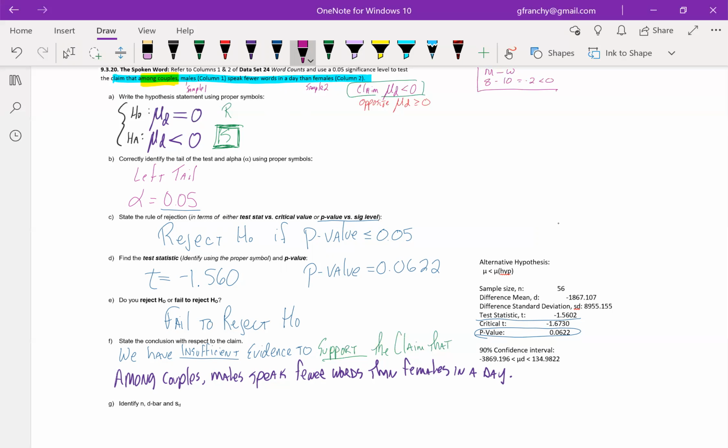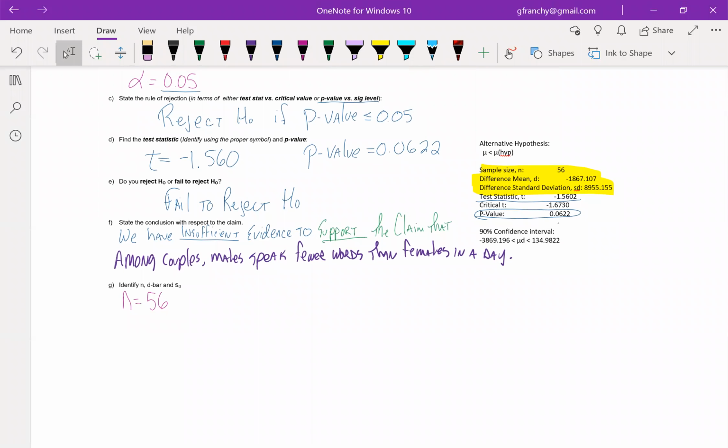So the last thing they want us to do here in part G is identify the information on the sample. And that information is given to us right here. So there was 56 couples, n is 56. The mean of the differences, that is d bar, d with the bar over the top of that, and that is negative 1,867.1. And the standard deviation of the differences was